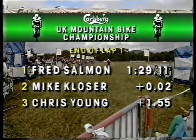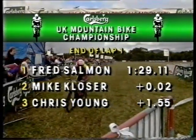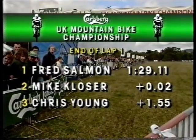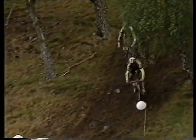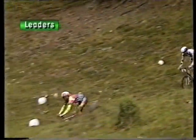And now we're looking back to the finishing line. This is the situation then with 1 full circuit to go. Fred Salmon just ahead of Mike Closer, and Chris Young really coming back into the picture now in 3rd place. Gone from the picture, sadly, Steve Dowse,